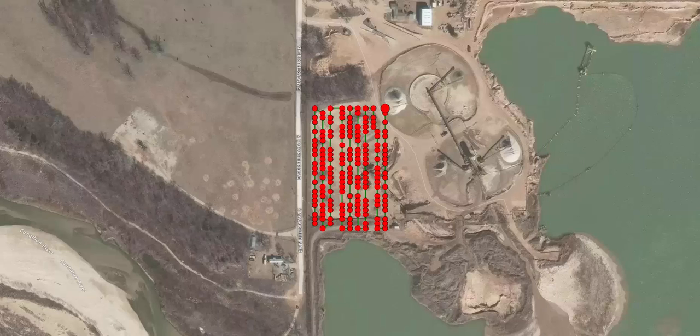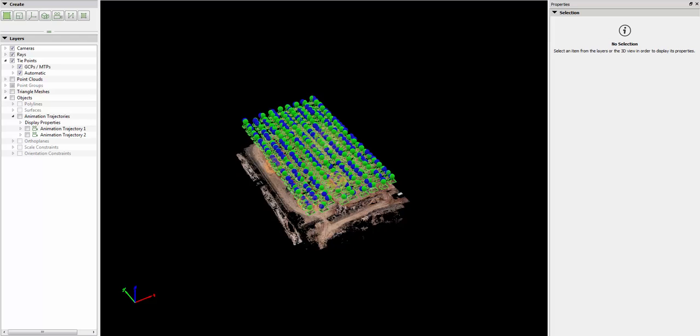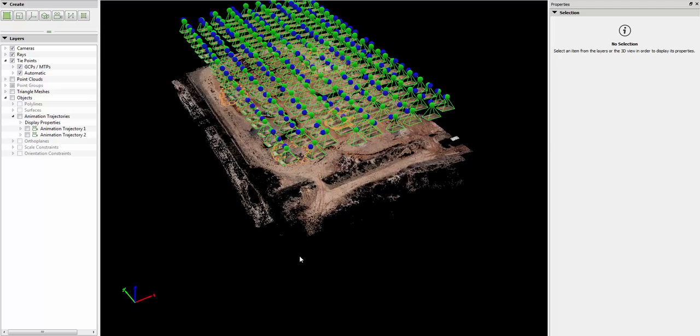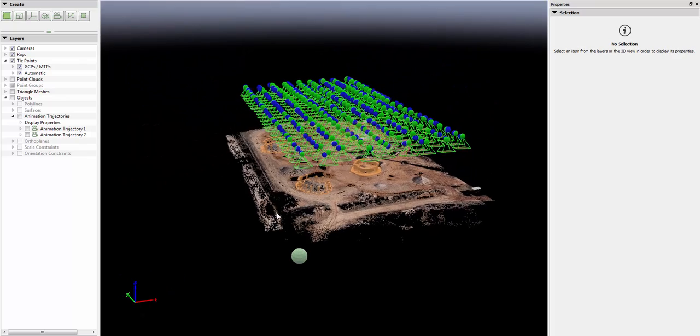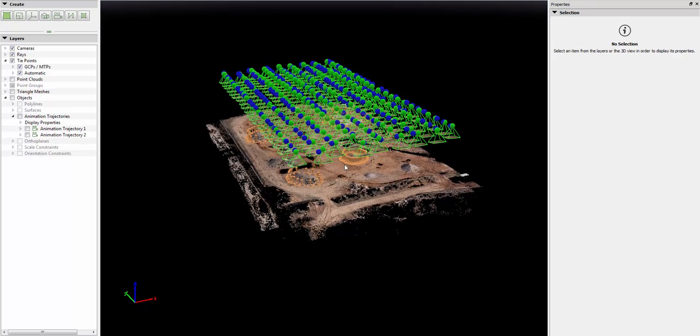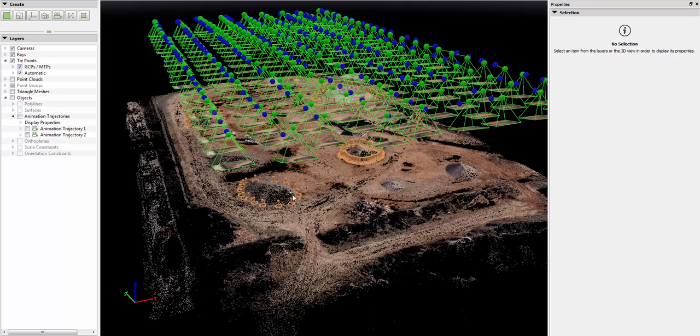Remember the different views. You can go to your map view, you get a planimetric. There's a ray cloud view. And I like to start with this one because it gives me an idea of the visualization. Now this is General Materials over in Oklahoma City, Oklahoma, and I've done a little bit of work. You can see there's a few pins, but these are just the coordinated pixels, the tie points that came from